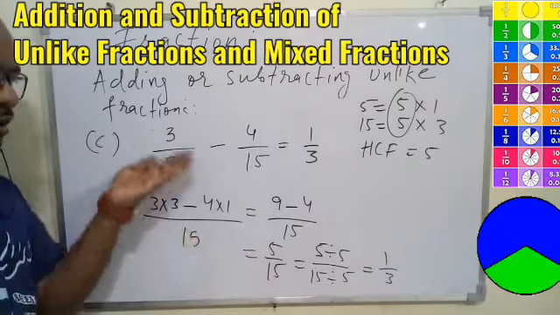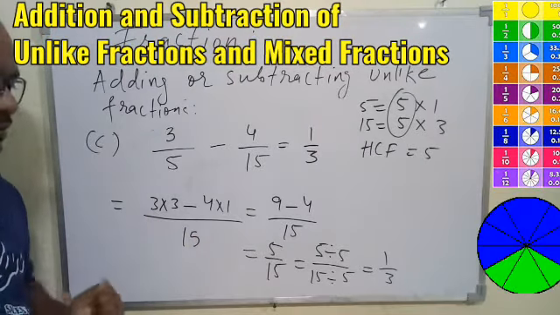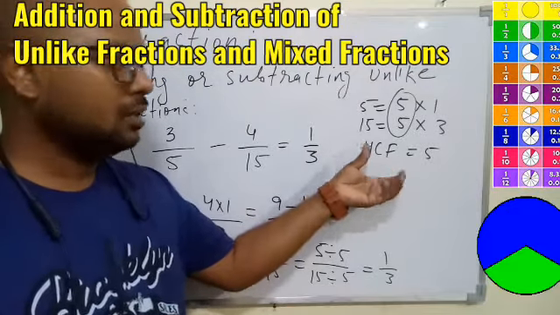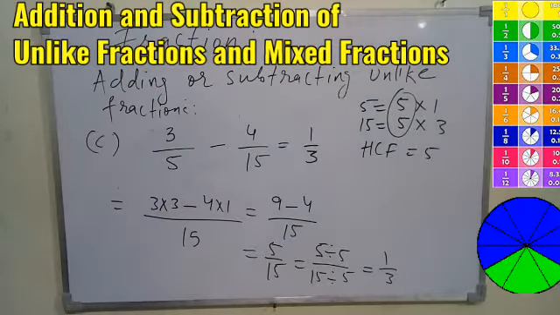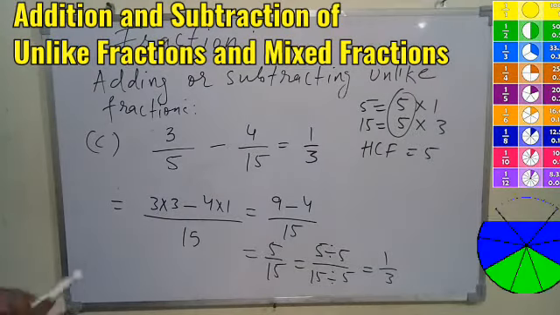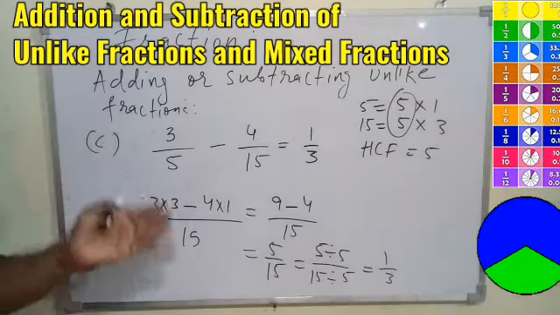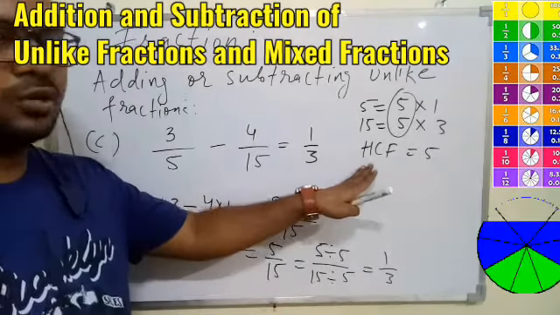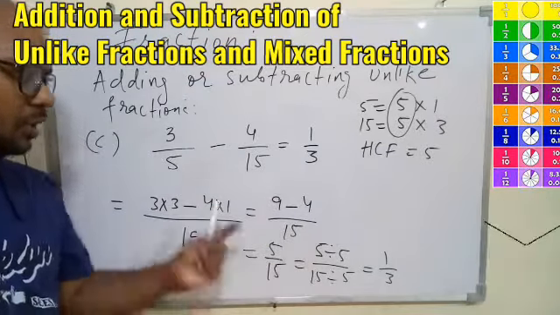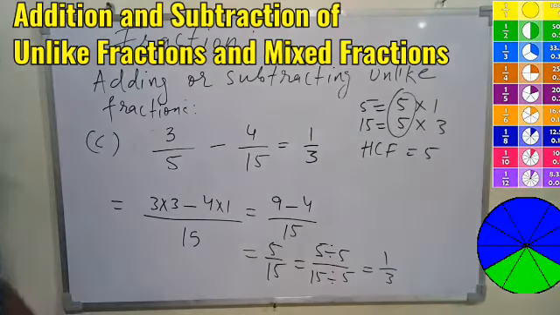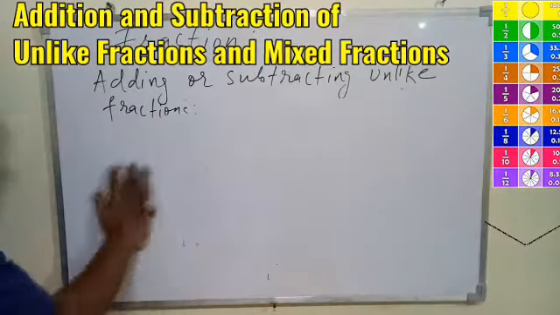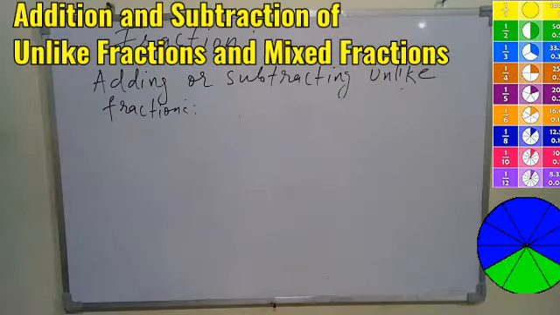So here we understood how to convert them into like fractions. Also we applied that method. Then we also applied the concept of reduced fraction, that is, the HCF concept. That is how we have to learn with the steps. If we have not understood like and unlike fractions, then we cannot convert them. We cannot apply the concept of HCF if we don't know the meaning of HCF. We cannot apply the concept of LCM if we don't know the LCM. So to understand the concepts of math, it is very important that each and every topic is done in a proper way. Let me take one more question.